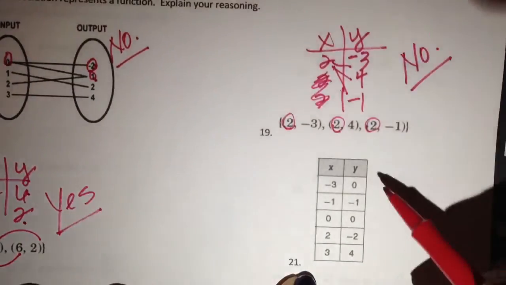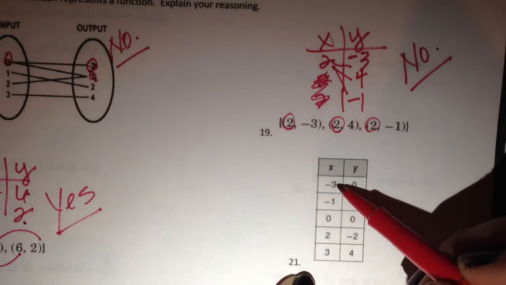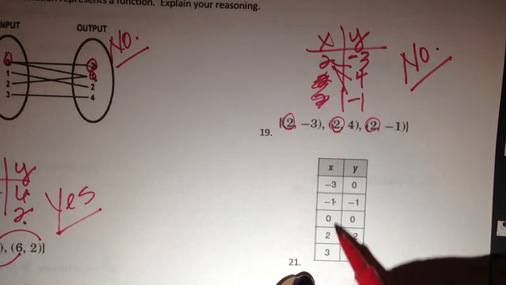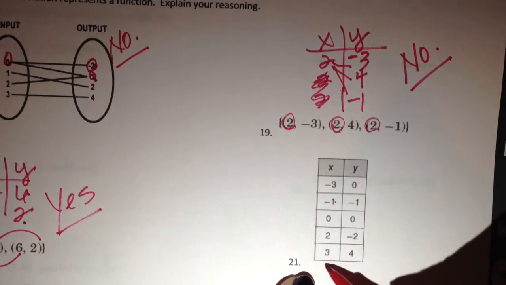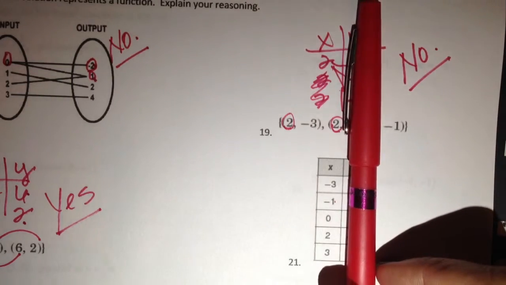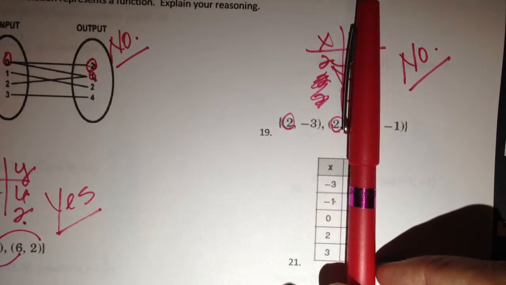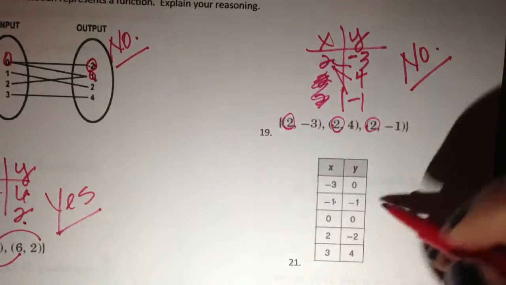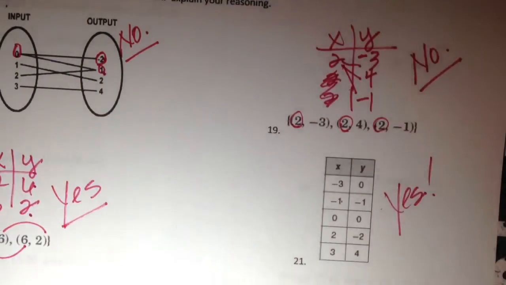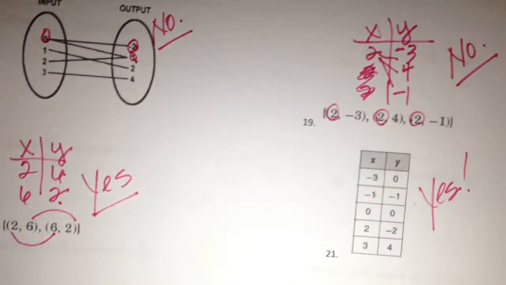Looking down my table for 21, I'm looking at 5 distinct x values. Notice when I have 5 distinct x values, I'm going to stop right there. It doesn't matter what my y values are. No x value has been repeated. This is a function. I just flung my pen cap across my kitchen. Now, number 22 goes on to, I'm going to grab my cap,